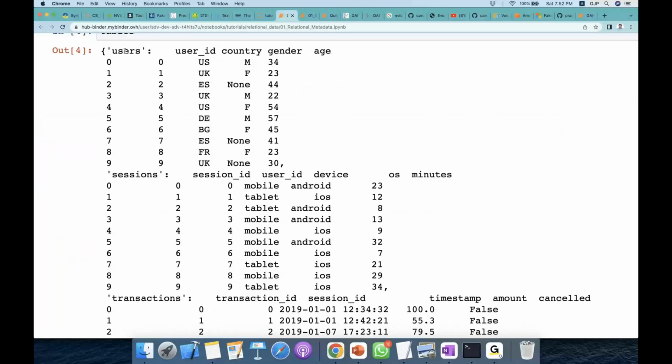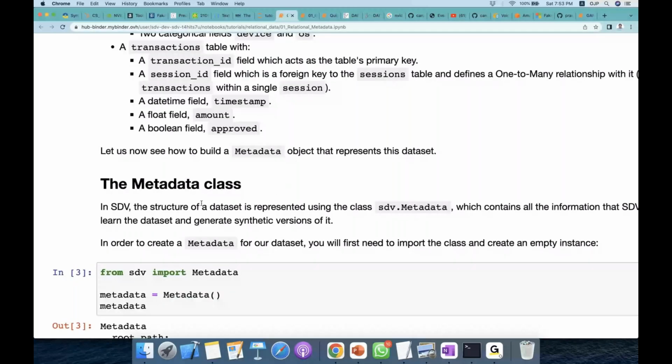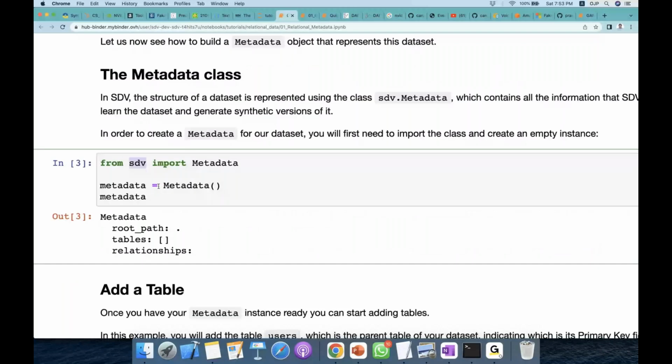But here I am defining a metadata from SDV. The metadata is very important in terms of SDV, so that the SDV can understand what is the existing structure of data, based on which it can generate new synthetic data as such. So I'm defining an object for the metadata,